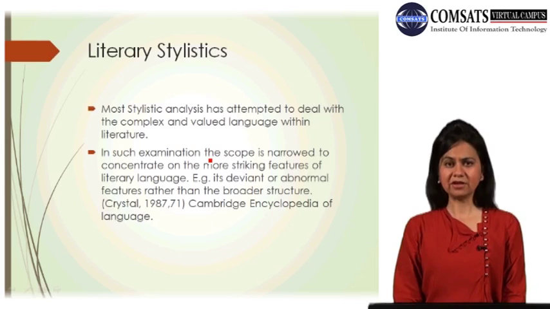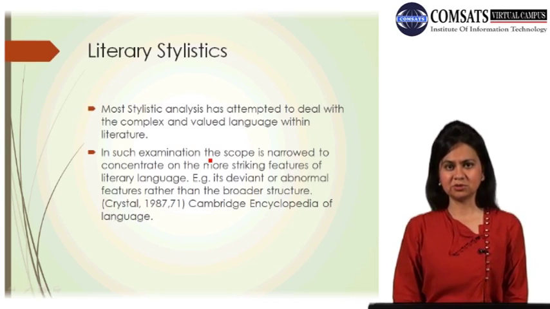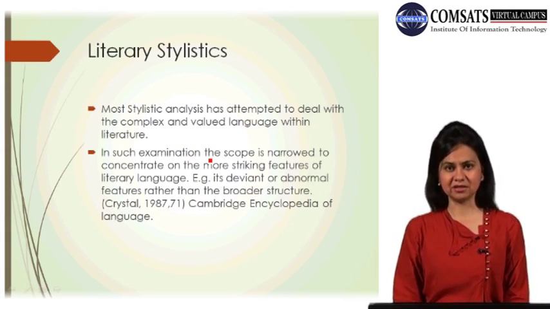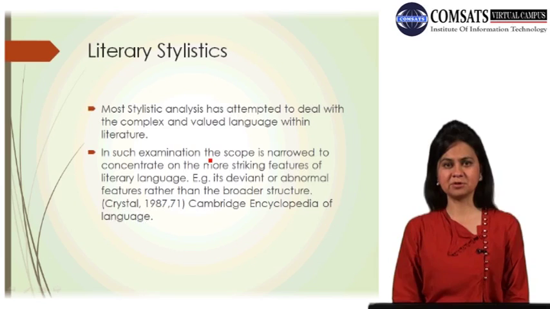So, when the literary stylistician gives importance to literary language, he tries to find out the significance and value of the devices and features that occur in a literary text, which distinguish it from other writings of the contemporary time, as well as how this writing is distinctive and unique on the basis of its stylistic features and its language from what has been produced earlier, and also what has been produced in the contemporary time in which the writer is writing.